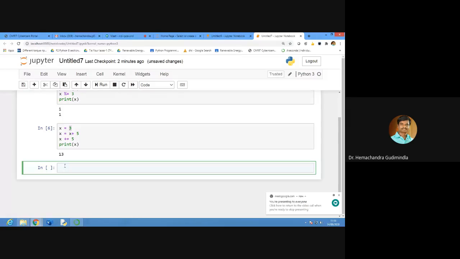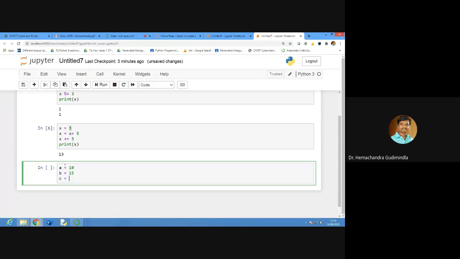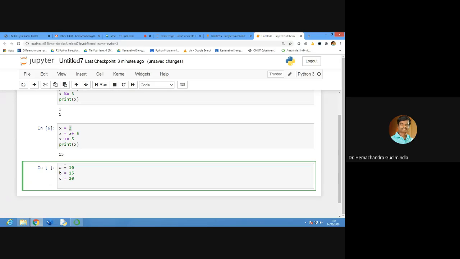Now, I have A is equals to 10. B is equals to 15. C is equals to, anyway, later we will include int of input, so let us say 20. Now, two more commands we are learning.